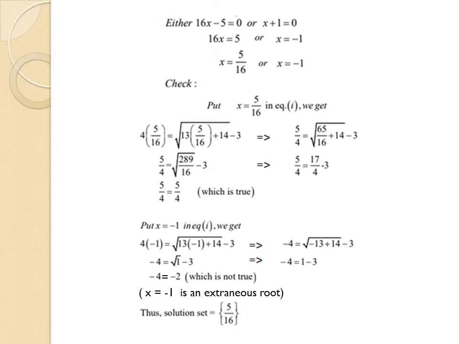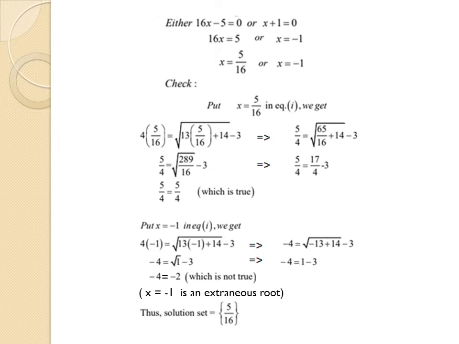First we put x is equal to 5 by 16 in our equation number 1, and after simplification we get 5 by 4 is equal to 5 by 4, which is a true sentence. It means x is equal to 5 by 16 satisfies our given radical equation, so it is a root of our given radical equation. Now we put x is equal to minus 1 in the given equation, and after simplification